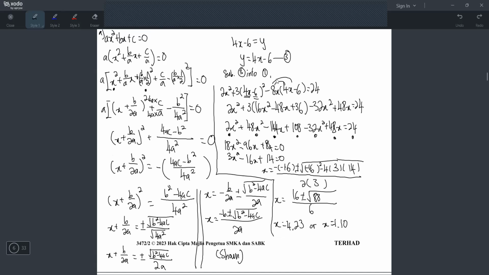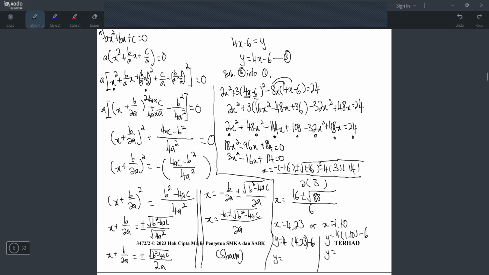You can substitute back into equation 3. So y equals 4x minus 6, and the x is 4.23, minus 6. And then calculate this. And the other one is y equals 4 times x minus 6, and this one is 1.10. So you will get two answers for y also. The bracket should be here, right? Okay, let's press 4 times